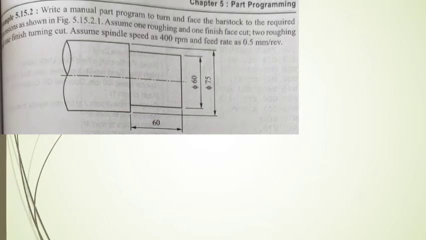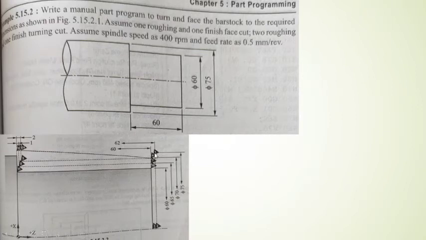This can be carried out as indicated on this diagram. This 1, 2, 3, 4 up to 12 indicates complete direction for path profile to carry out the given operation in the statement. Here we can see 1 to 2 will serve as roughing pass for face cut, and 3 to 4 will serve as finishing pass for face cut.